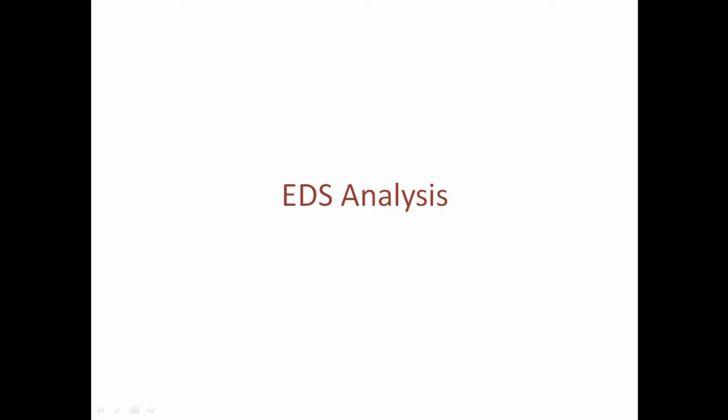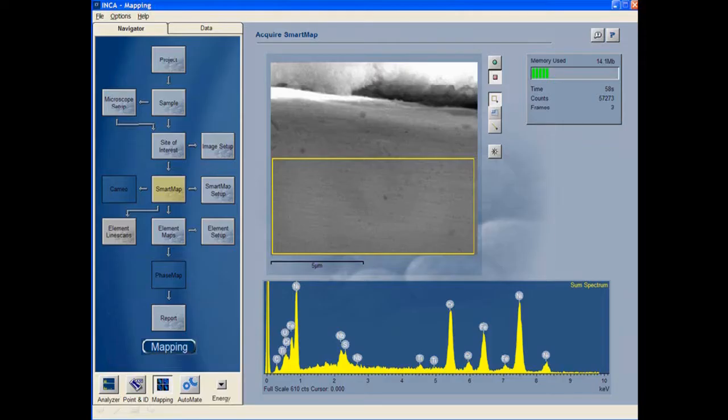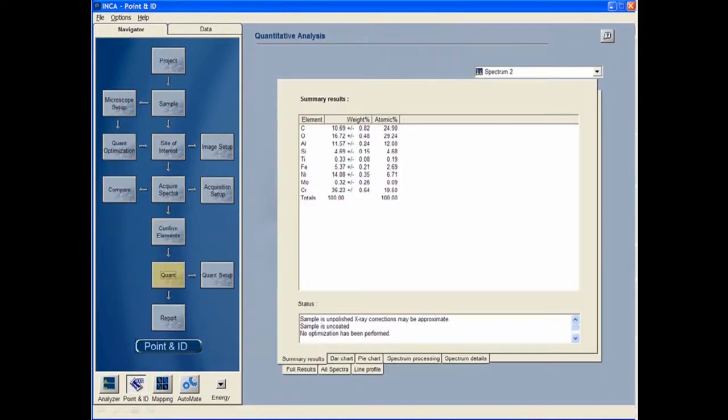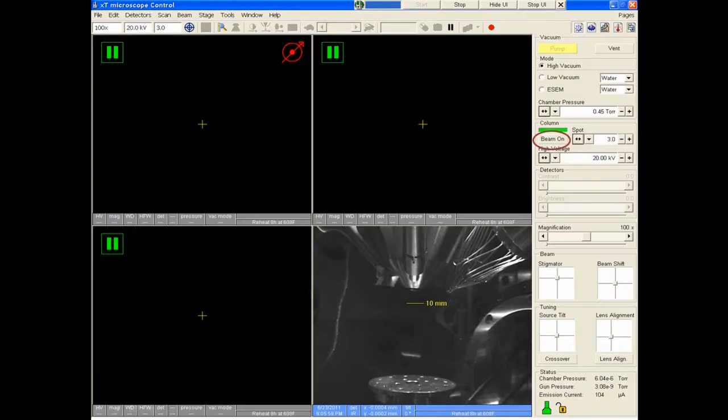We can know the elemental composition of our sample through EDS microanalysis techniques using Inca software. After obtaining the image of the specimen, select an area to get the elemental composition of the material. The software gives the elemental composition of the sample in SmartMap. Let's see the EDS analysis for the sample inserted. The SmartMap shows that chromium, nickel and iron are the major elements in the sample. The report shows the quantitative elemental composition.